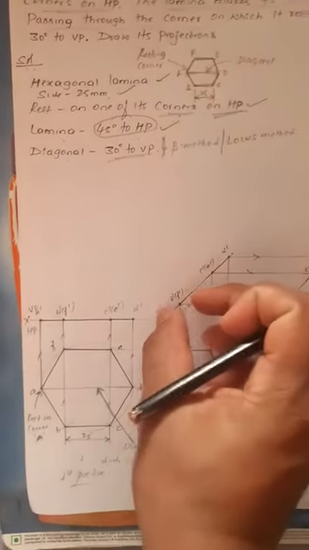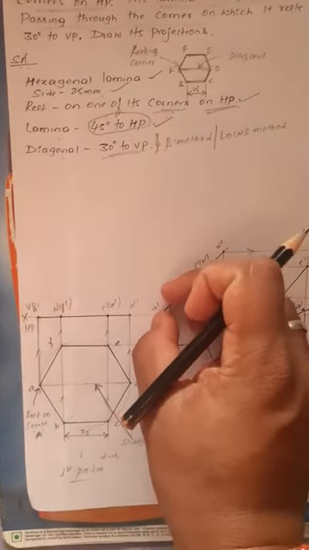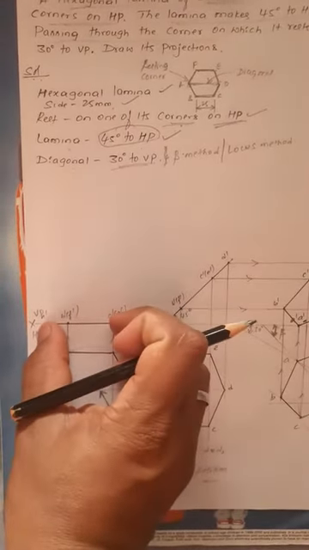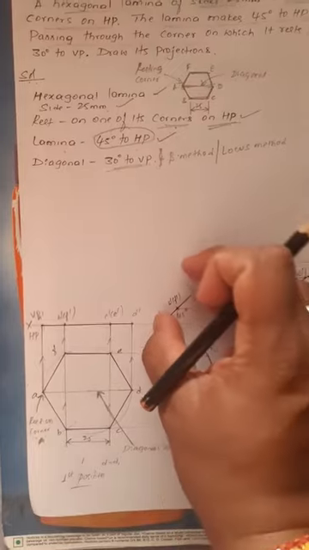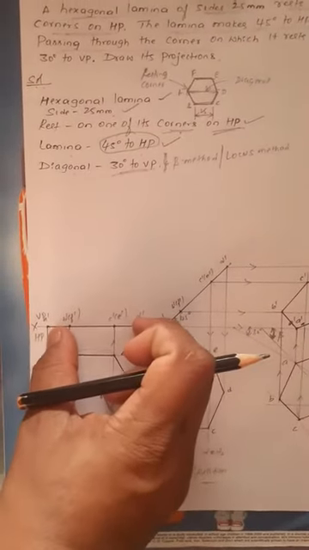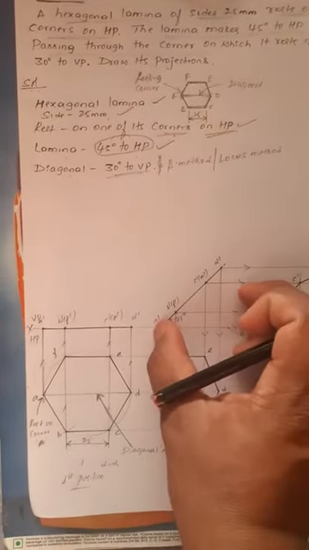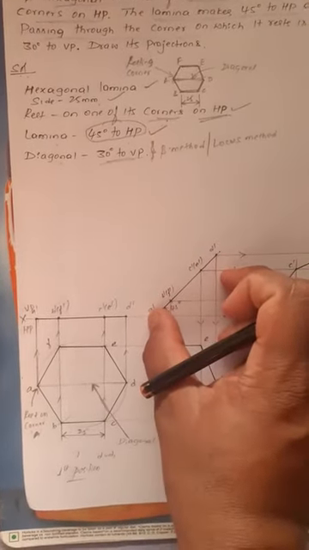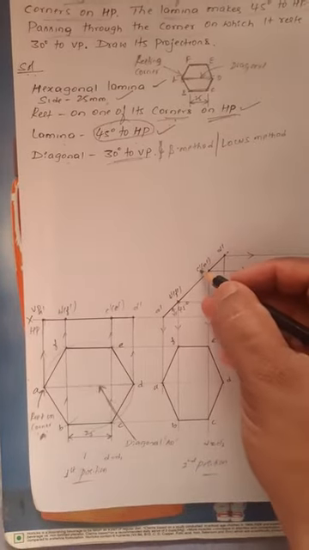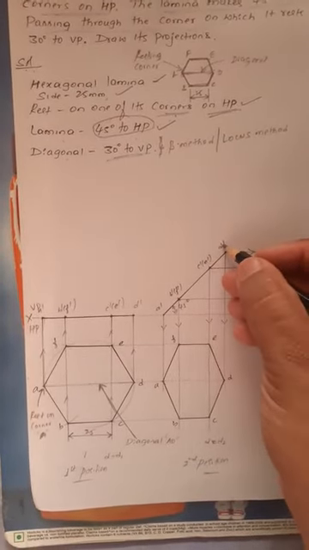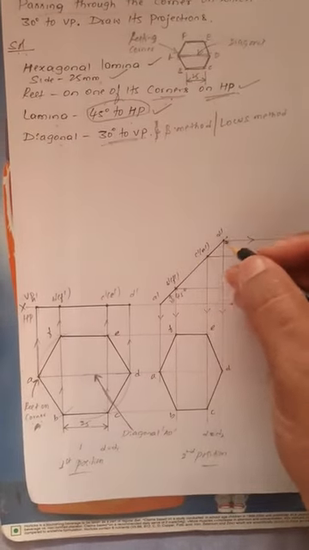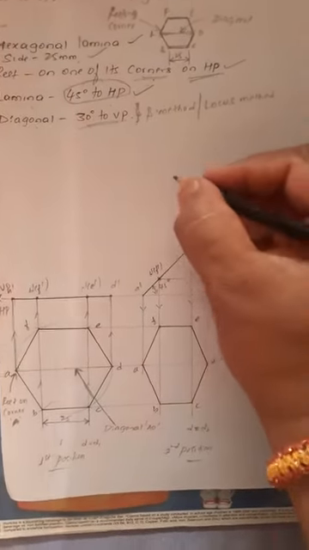A dash B dash: measure it through the compass and draw an arc with A dash as the center. Then measure A dash C dash, with A dash as the center, and draw an arc that cuts the 45 degree line. A dash C dash is the radius, A dash is the center, draw one more arc that cuts the 45 degree line. That gives A dash, B dash and F dash, C dash and E dash, and D dash. Then join all the corners, which gives a thick line and completes the second position front view.